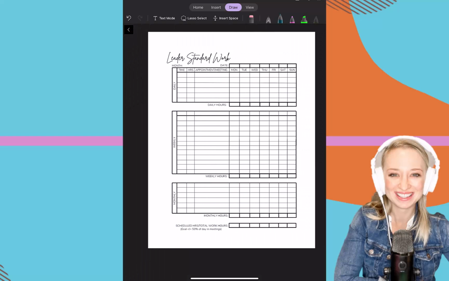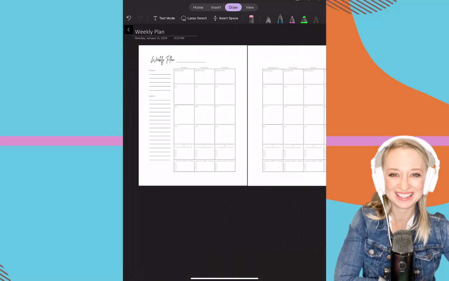And then my Leader Standard Work template, I won't go into depth, but I will link other videos on Leader Standard Work. This is essentially a work habit tracker that helps you reflect and know, okay, do I have my days level loaded? Do I need to shift my workload to be able to handle everything? What are the typical daily, weekly, and monthly recurring tasks that I know are coming up within this week? Once you know those and you kind of know how much you've scheduled yourself, you can put those into your